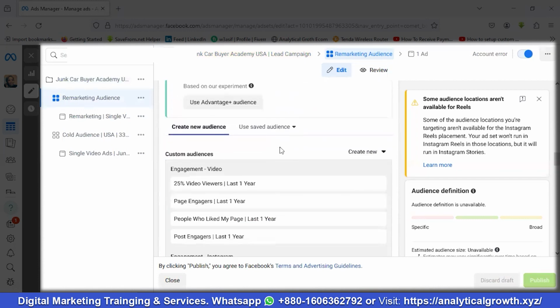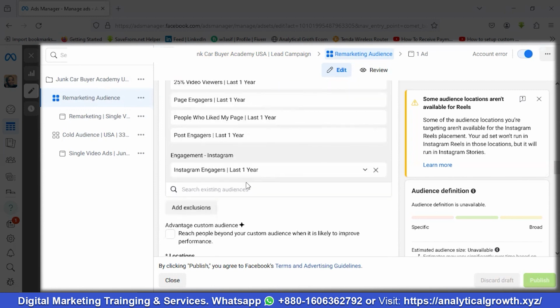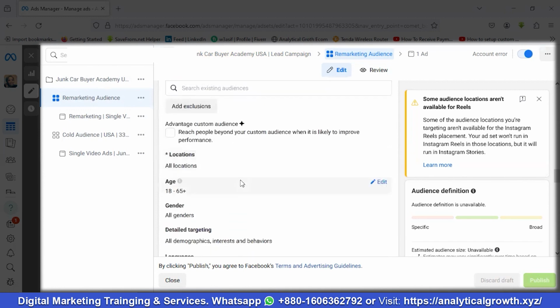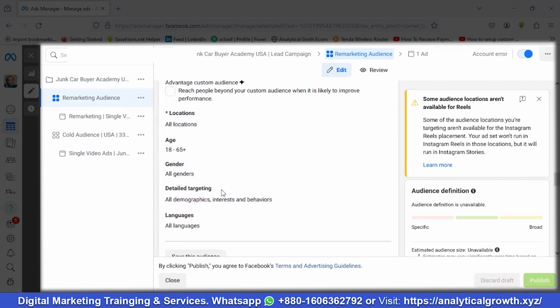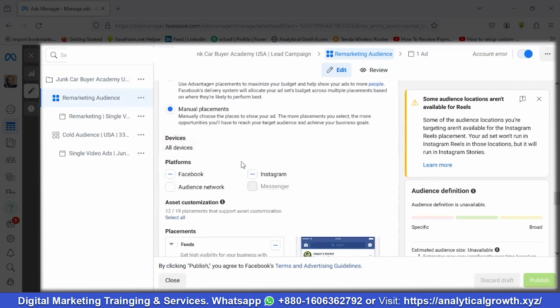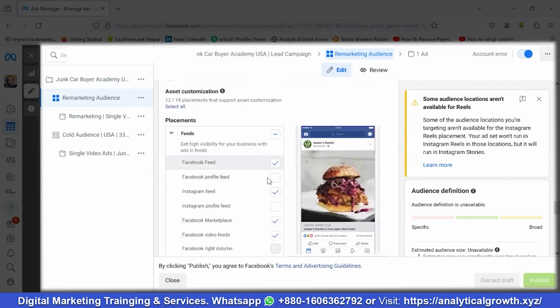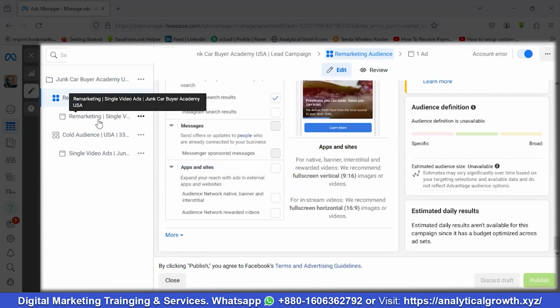Then you can see over here as the remarketing audiences, I am using 25% video viewers last 1 year, page engagers last 1 year, people who liked my page last 1 year, post engagers last 1 year, and Instagram engagers last 1 year. I'm not using any locations, gender, or detail targeting as I'm using the remarketing audiences. As the placement, I'm using only Facebook and Instagram. And if I go to the ad section,